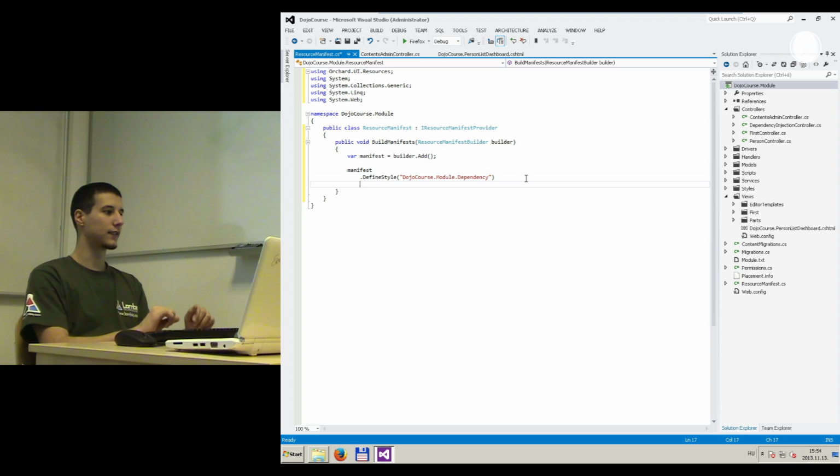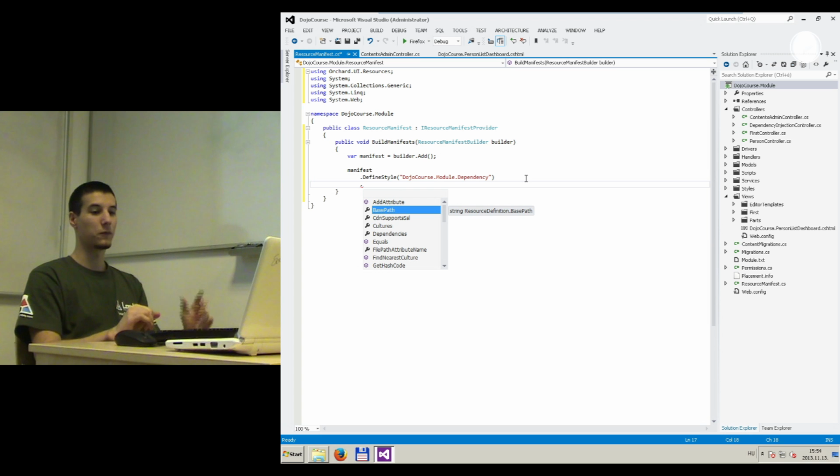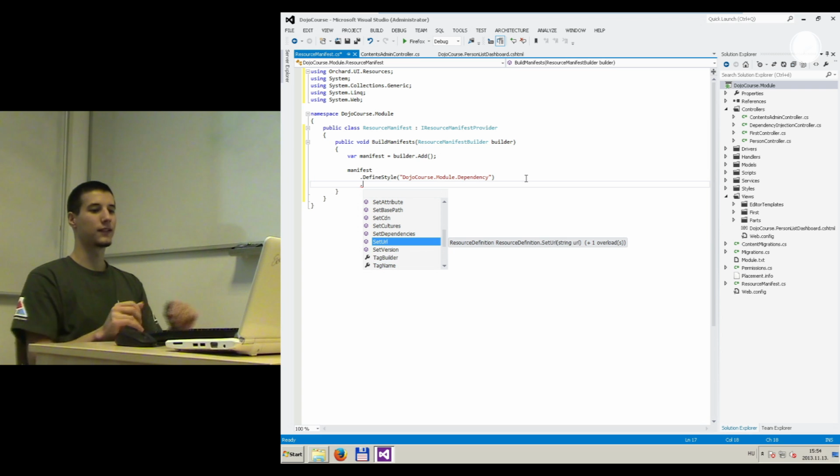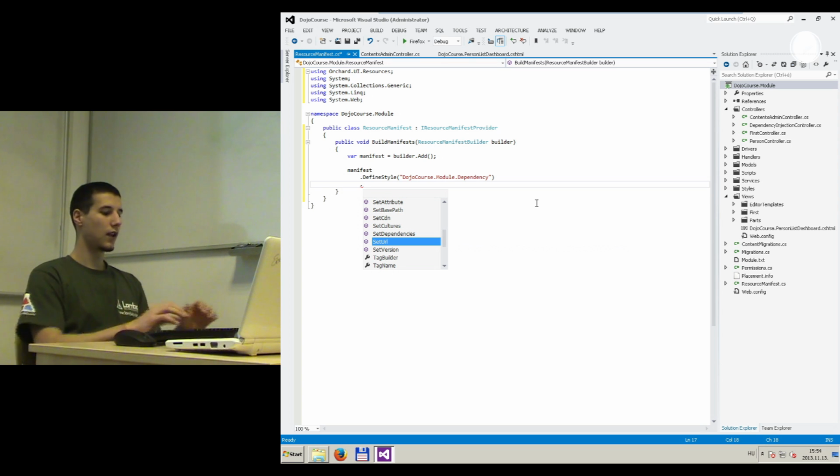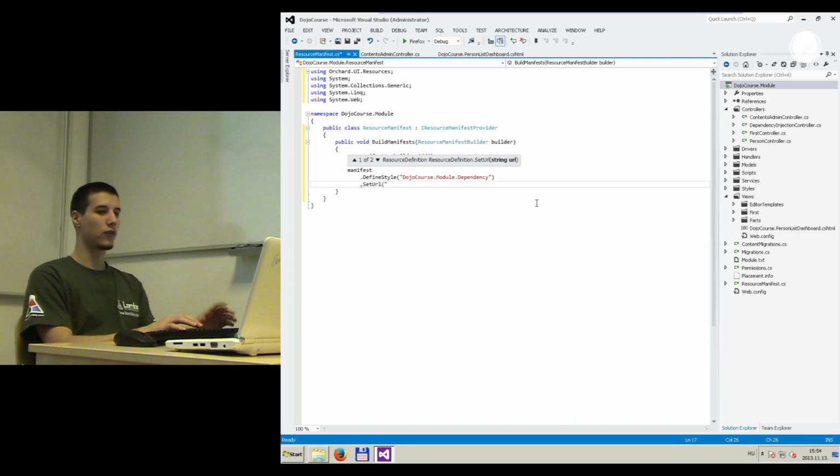Okay, so let's go on with this style resource. Going on with this fluent interface, we're going to call another method on the define style, which is very crucial to use, and this is the set URL. As you can see, set URL accepts one string. This is going to be the actual name of the file that we're going to use here as a style resource. So by default, I'm just going to call it, for example, Dojo Course module